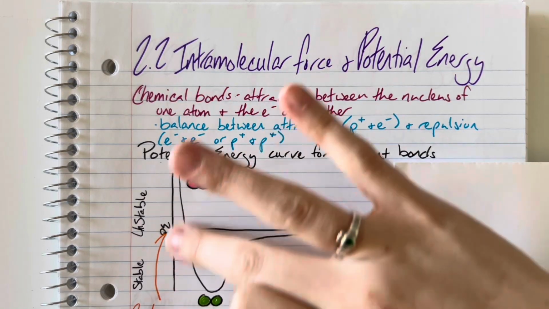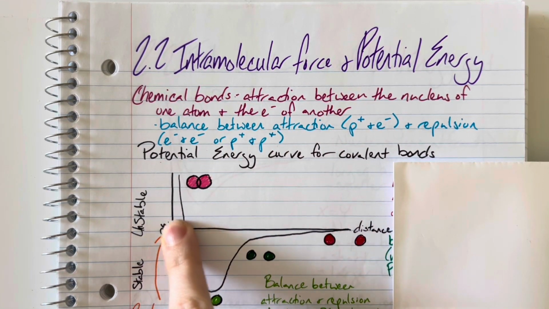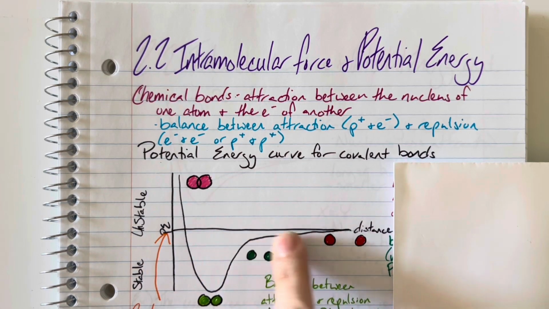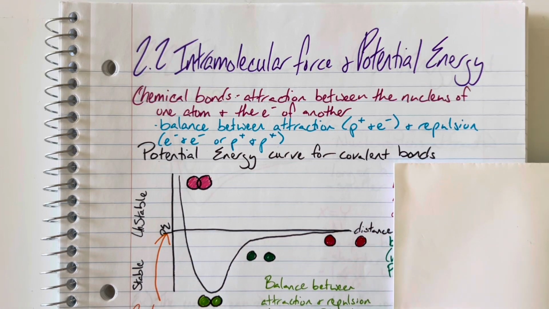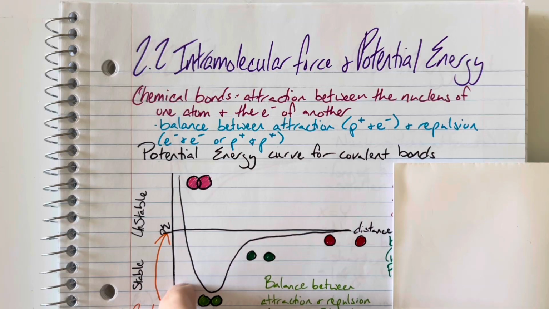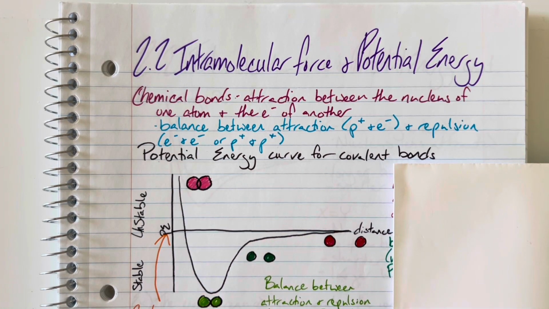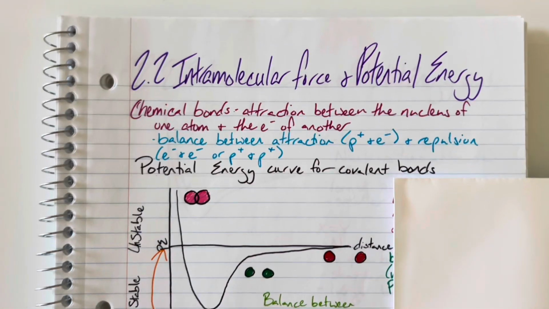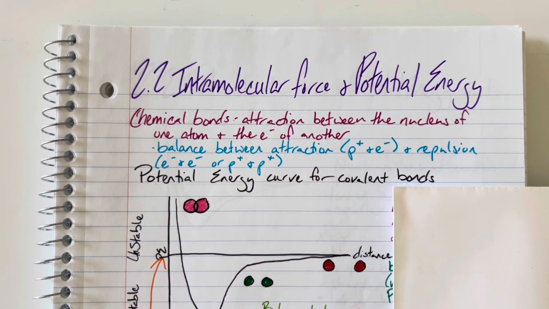On my x-axis is my distance, my y-axis is my potential energy, and our intercept here is going to differentiate between an unstable bond and a stable bond. And then I have 4 regions here that are color coordinated with the notes